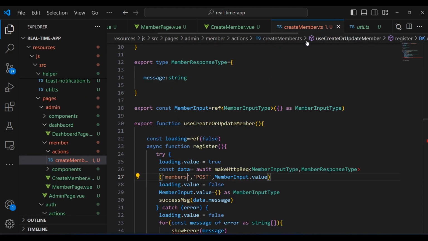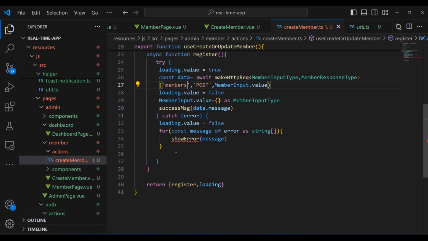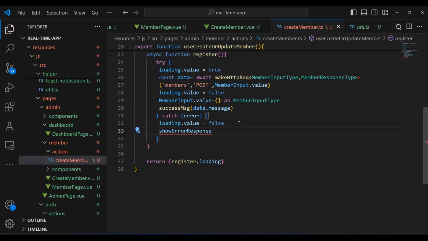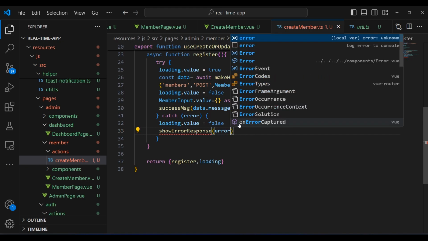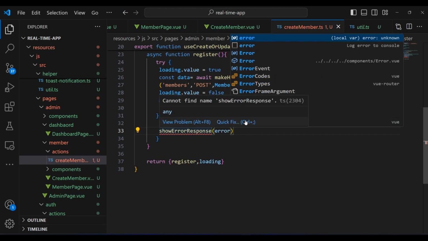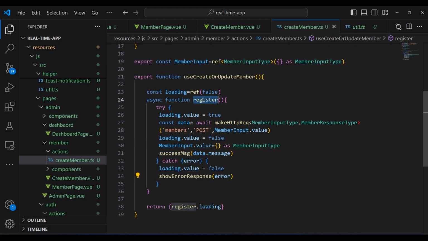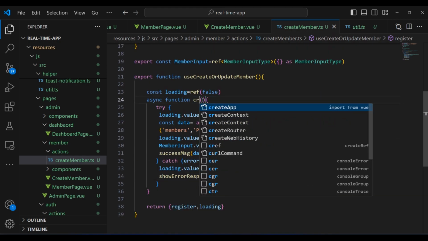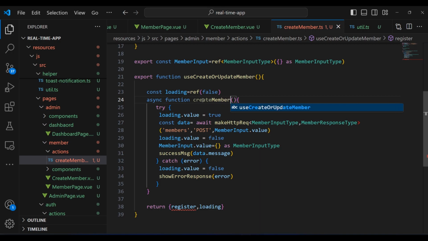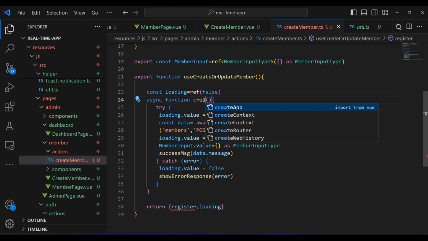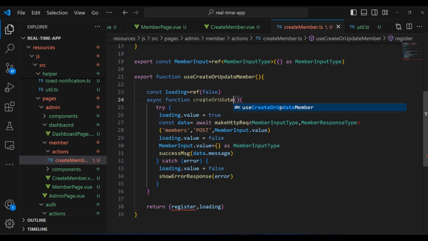I'm gonna go within the CreateMember.ts, and here, guys, I'm gonna paste it right here and pass here our error and import the showErrorResponse function. And now, guys, we are going to pass here for the register. We're going to say create member and pass here createOrUpdate. This is the name of the function. And right here, I'm going to return it and use this composable within the